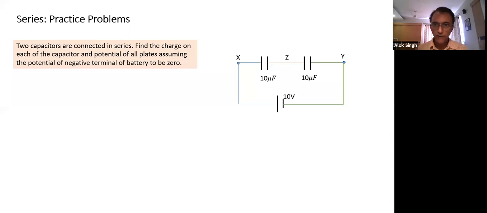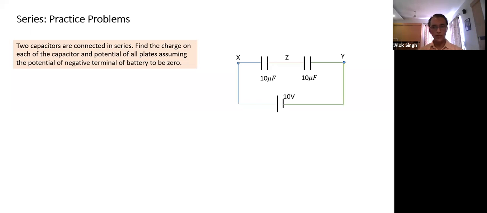Let's take one simple example. Are these two capacitors connected in series? These are the two capacitors. How are they connected? This is the wire which is joining them. Is this connection direct? Yes, this is a direct connection. It's a series connection. Find the charge on each capacitor and the potential of all the plates,